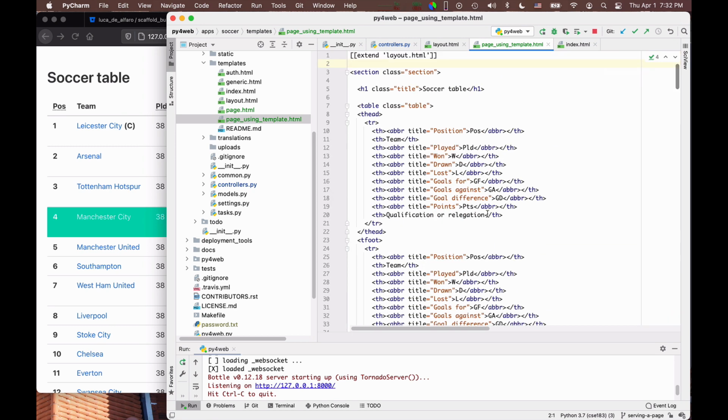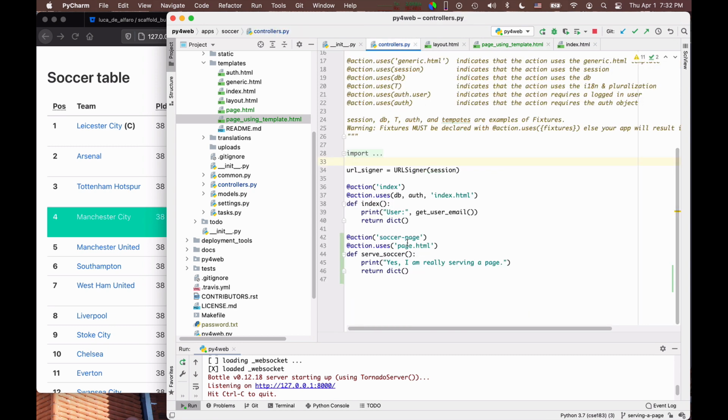I just strip the top and bottom and added these. And in my controller here, instead of saying page.html, I have to say page using templates.html. Now, the template per se needs to worry about whether the user is logged in or logged out. So we will cover later in class how that works, but copy the database and the auth component because those are needed. So we just copy them and I'll describe them later. I restart Python Web.